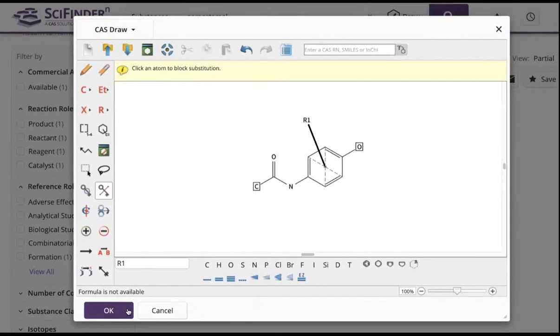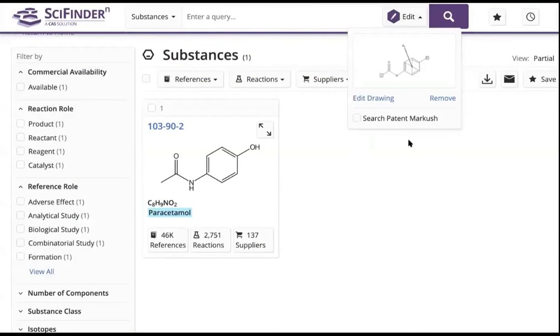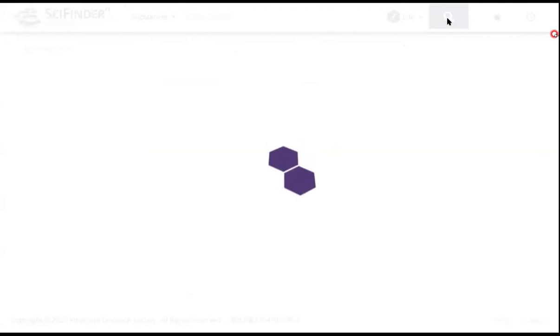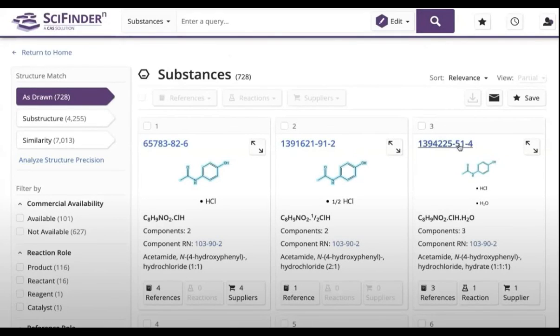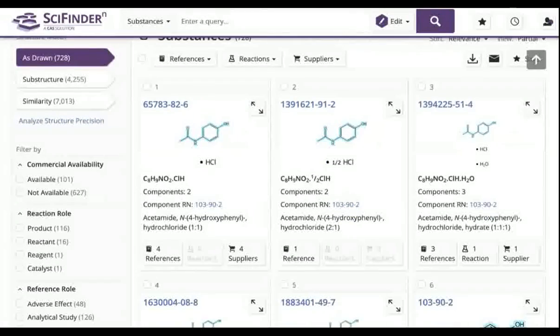Let's click OK. So now we have our modified search. Now if you start to search for this, and just click on the magnifying glass or hit enter, you should see that we now have a much broader set that has more related